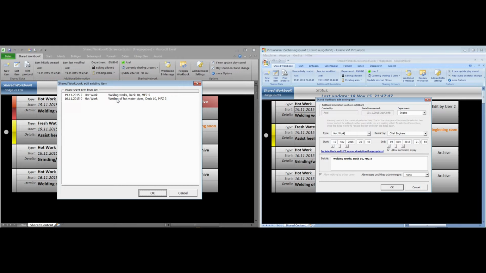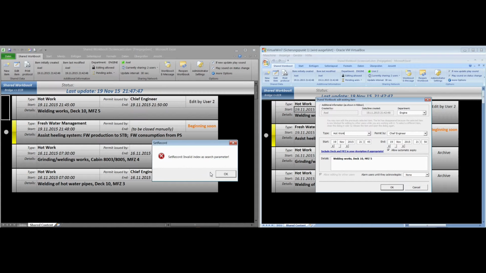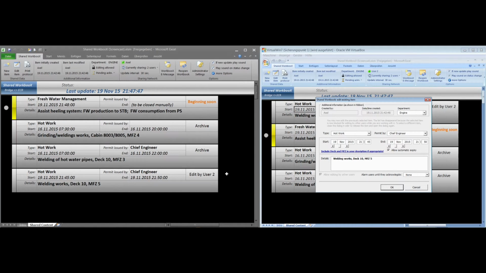We will see that the item is still available, but it cannot be edited, because this user now has a message saying that this item is currently being edited by user 2. Whenever somebody picks up an item for editing, it is locked for editing to other users. That's a very useful thing, and also very necessary, because otherwise people would try to edit items at the same time,